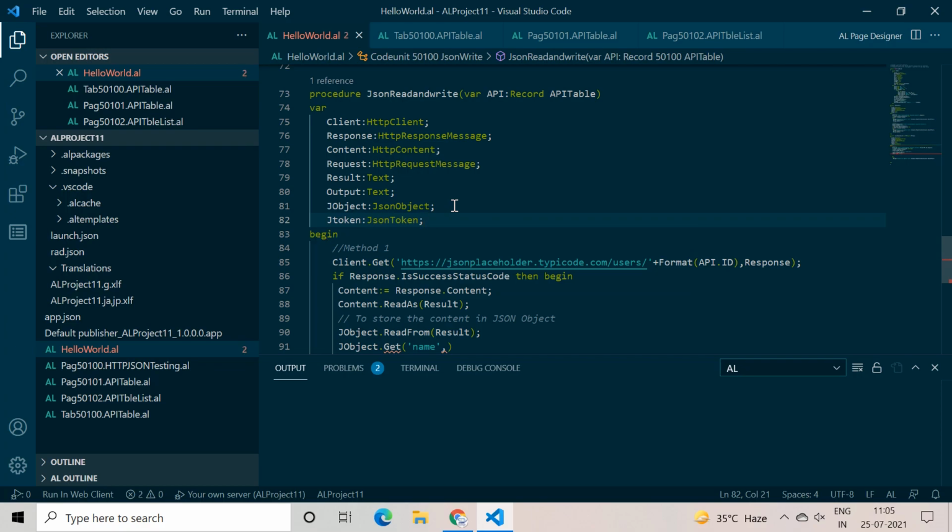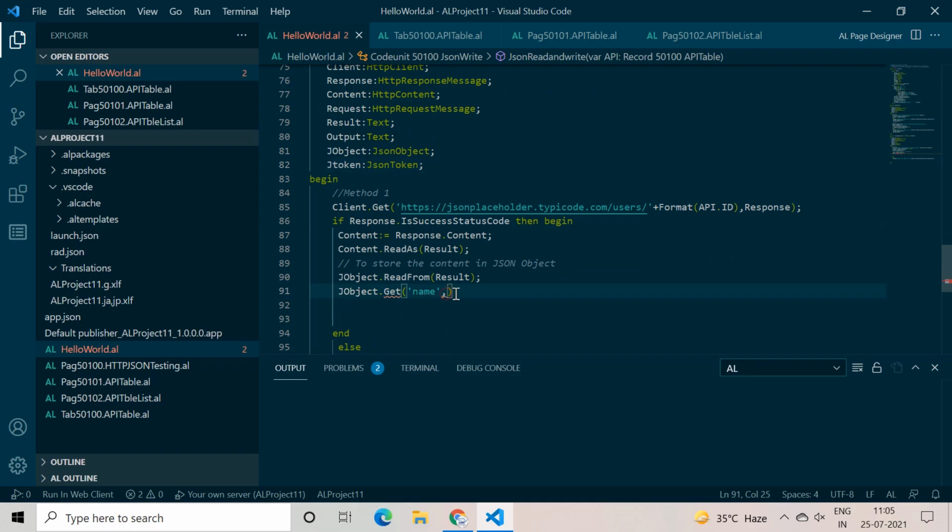All right, so now we can use it here. This means whatever value is available in the name field in the JSON file, we are passing that value into this JSON token, if you want to understand it in layman terms.